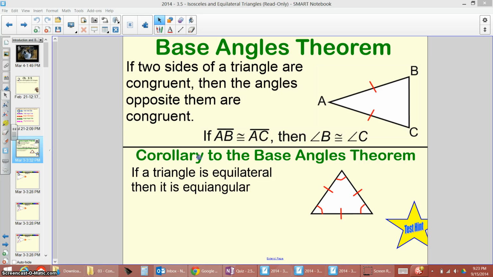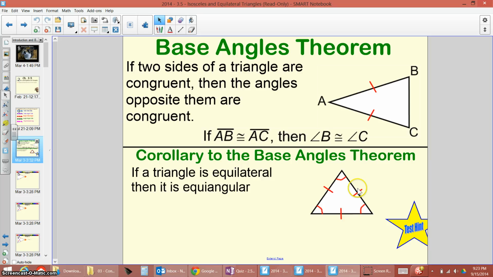Now, a corollary means we're adding to it. If a triangle is equilateral, then it is equiangular. It's a test hint. If I give you the fact that it's equilateral, you may have to get some information about it to get the angles right. I want you to know both of these work both ways. If I give you both sides, then the angles work. If I give you both angles, then you have both sides. Same with the equilateral. If I give you all three angles, then you know all three sides